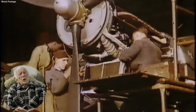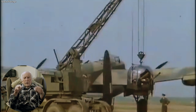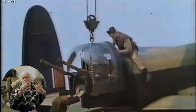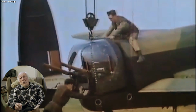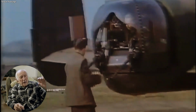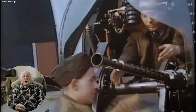To counter the German fighters, we formed groups of 4 aircraft: a lead, 2 aside, and 1 at the bottom. And they all always went together instead of a single aircraft. The idea was, why don't we put all those 4 aircraft together in a line? You have 1 up the top, down, down, down, then go up, up, up. And there's a long line of perhaps up to 100